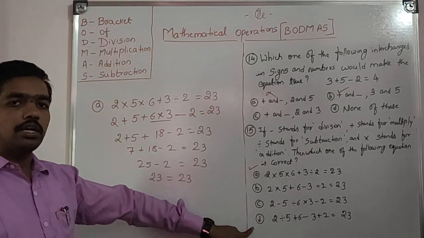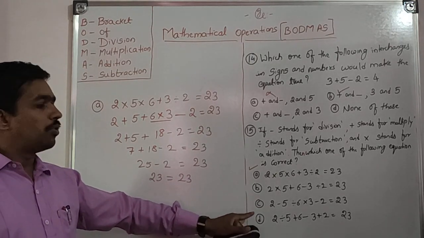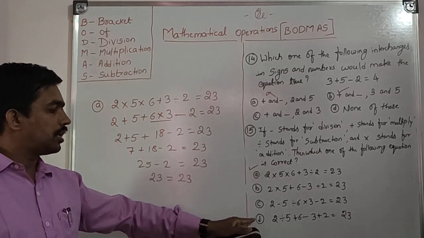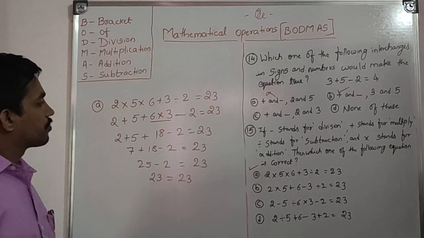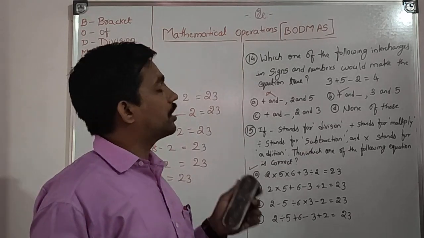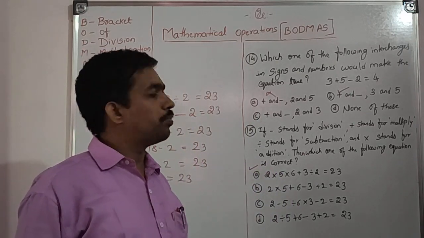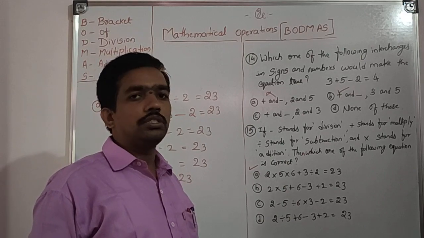If option B is correct, then you have to solve all A, B, C and D, because we are not getting in the first 3 question options and then we are getting in the 4th question option. Okay. And this is all about mathematical operation chapter. So students, make one separate notebook for this and write all the 15 questions and solutions in that notebook.